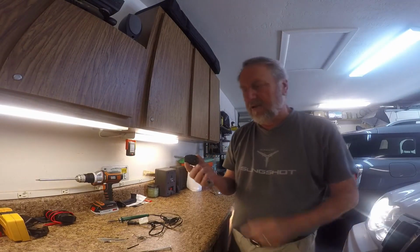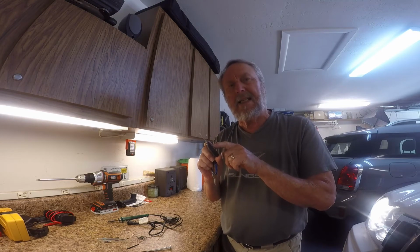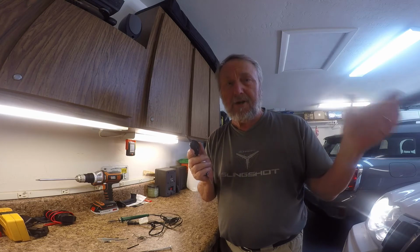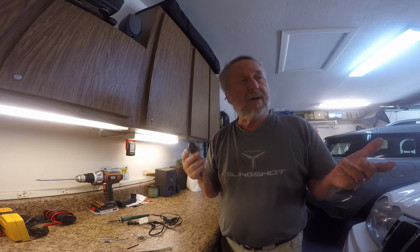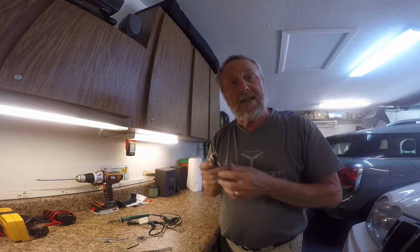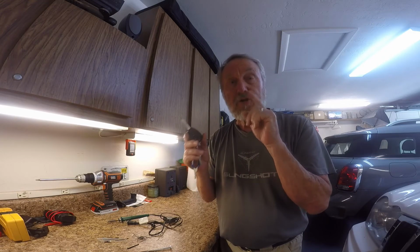Now, let me tell you one other thing about the key. There is a chip inside the key that works with the ignition, that if the chip is not communicating with the computer in your Jeep, it will not start. It'll start, but it may run for 2 seconds and turn off. Like some of you may have a valet key which will just open the door up, but it doesn't have the fob part to the key. It's just a regular key. If you try to start the Jeep with that key, it'll crank up and run for 2 seconds and turn